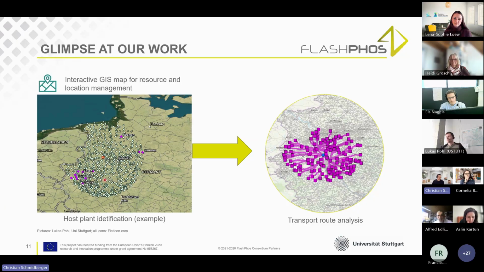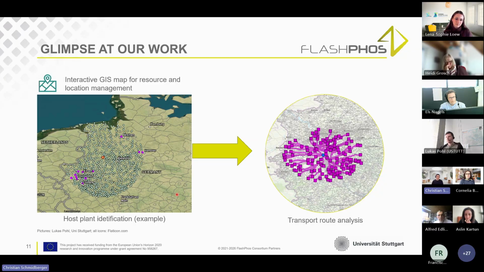Host plants were identified where to locate a FlashPhos plant on an industrial scale, and also considering transportation from wastewater treatment plants to a host plant of the FlashPhos plant,